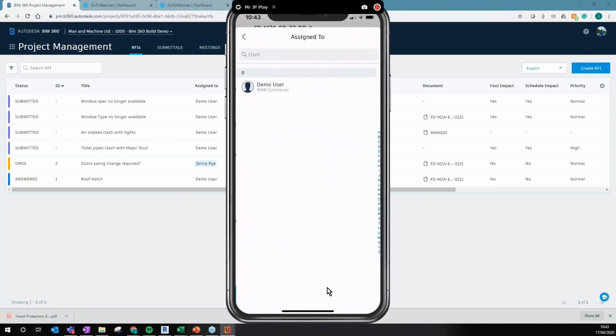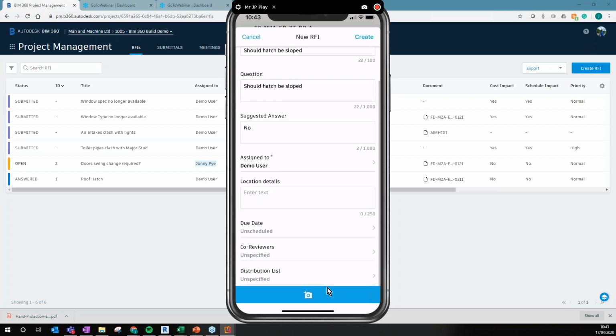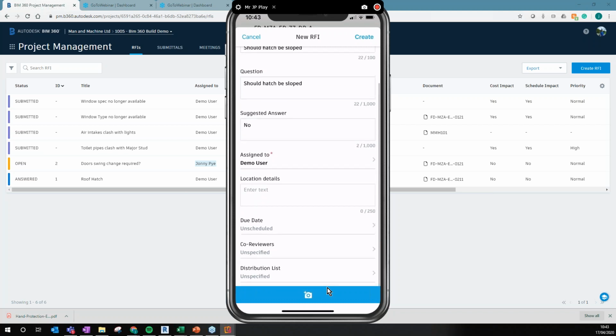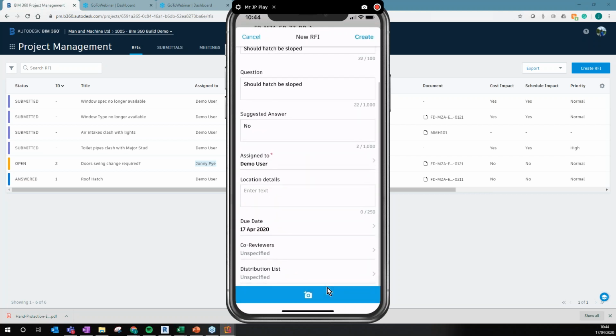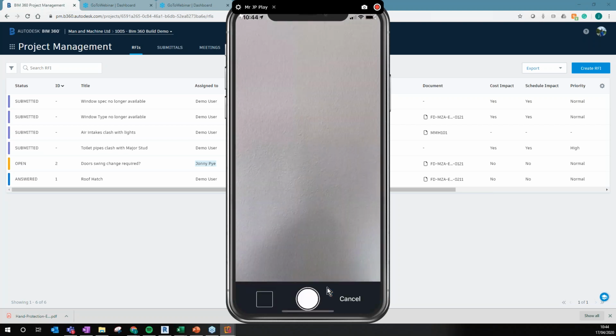No, maybe a bit presumptuous. I'm going to assign that to one person I can in this case, just because of the settings I have. You probably want more people than that. Then I can add the due date and all the things I have the option to on the desktop. The other option I have, I'll have a little picture of a camera down here at the bottom,